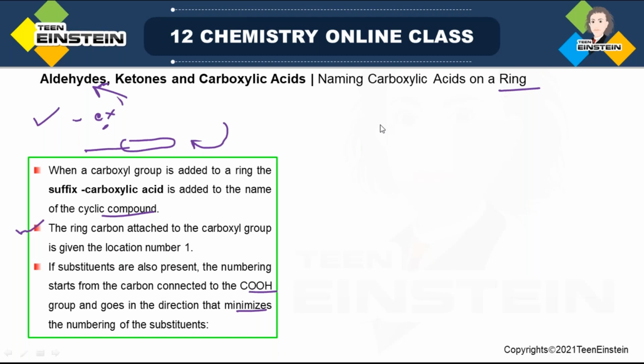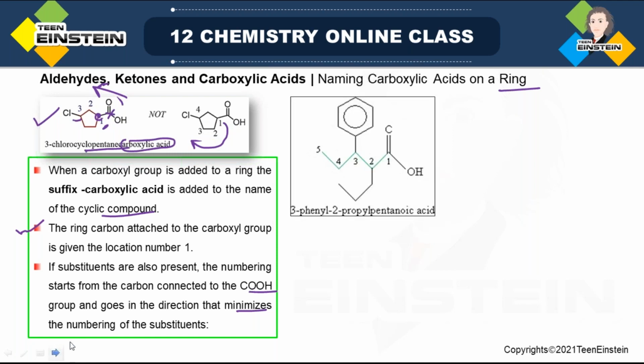Hello everyone. Last day we ended in this slide, that is naming carboxylic acid on ring, and some more points we will discuss in this slide. After finishing this there will be problems related to all these that we have discussed, and then preparation methods of carboxylic acids, and if time permits then also the physical properties of carboxylic acid. So in this example which is in the box, here we can see CO2H that is not directly attached